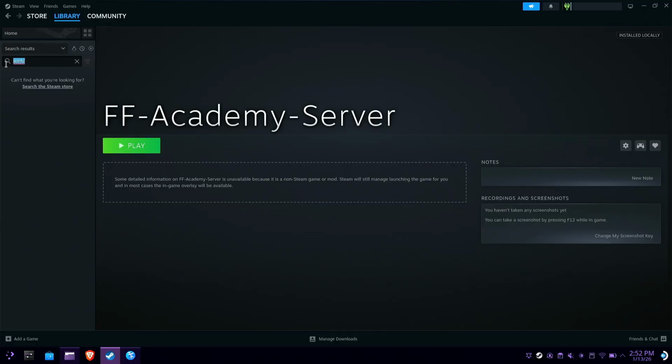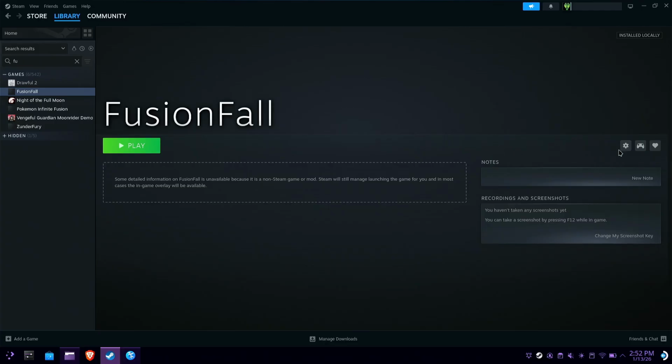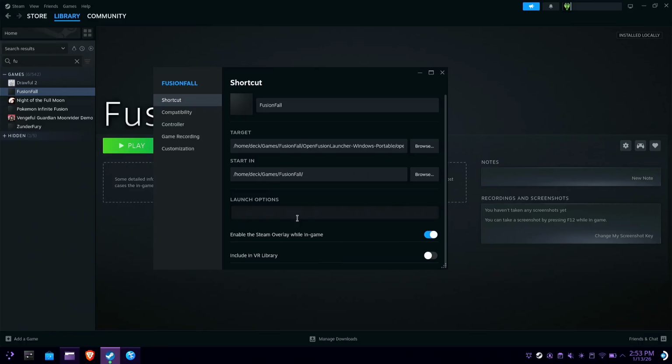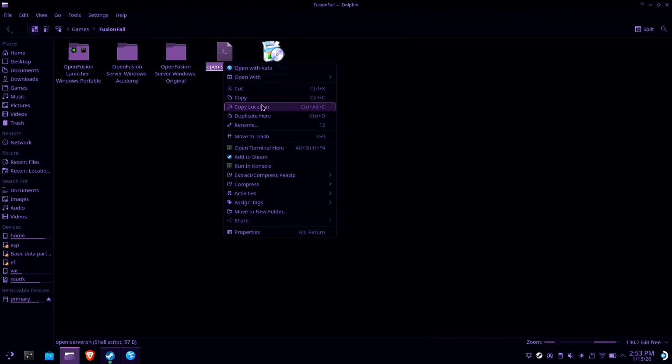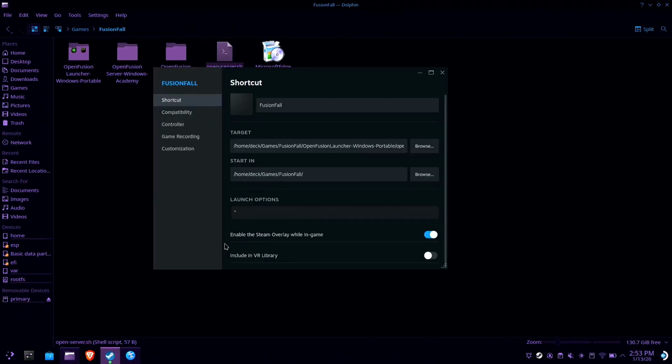We're going to find our FusionFall shortcut. Right here. Go over to the Properties. And in the launch options, we're going to go double quote. Head back over here. Right click. Copy location, head back over to Steam, paste it in, add another double quote, space, ampersand, space, percent, command, percent,